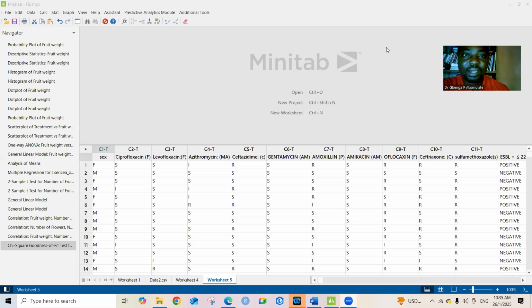Hypothesis testing. Last time we mentioned a few things about hypothesis testing, and I remember that I mentioned that before you can make a conclusion on any statistical data, you have to test the hypothesis. When we're testing a hypothesis, there are two types associated with it. We have the null hypothesis and then the alternative hypothesis. So you have to set the null hypothesis and the alternative hypothesis of your study before you embark on that